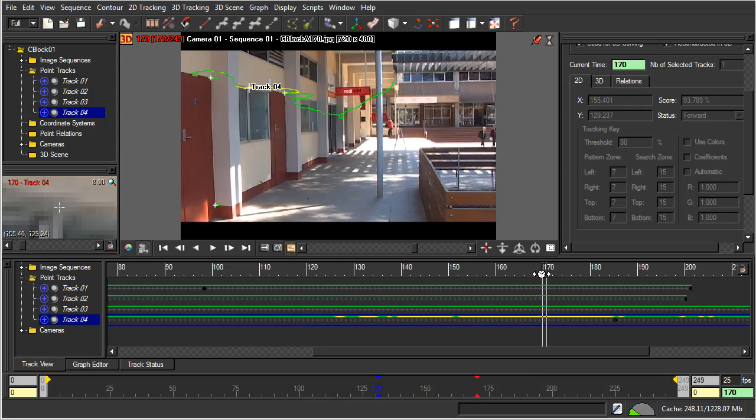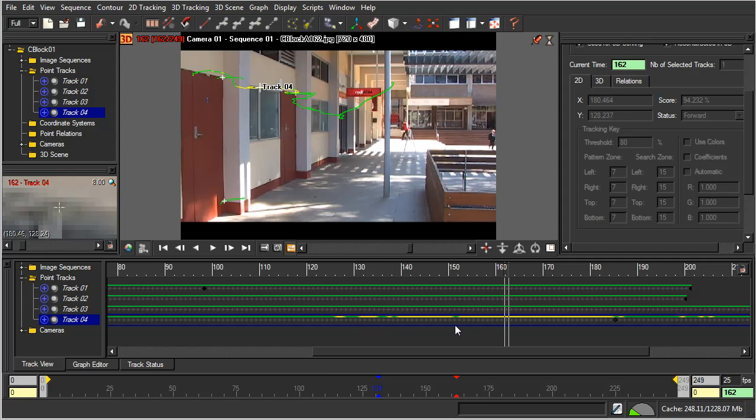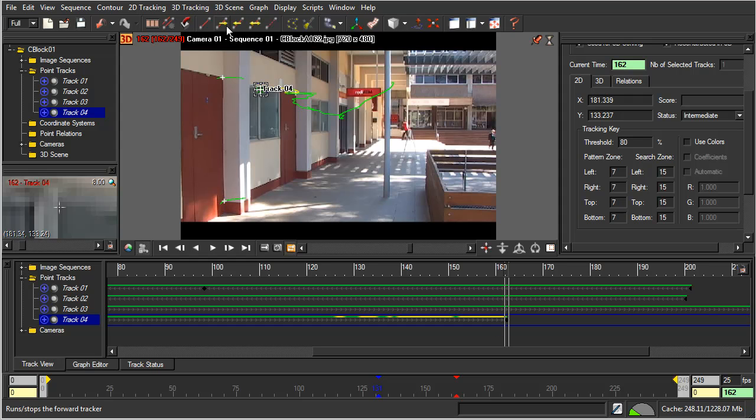So what I'm going to do is I'm going to get to about here. I'm going to go for the middle of this yellow section here, and I'll move this tracking point down so that it is at that sort of right angle corner there, and that's fine. And now you can see that we have this sort of yellow here, and we have nothing from here on. What we can do is we can either just track forward again, or we can use this,